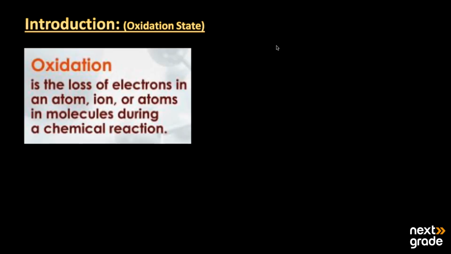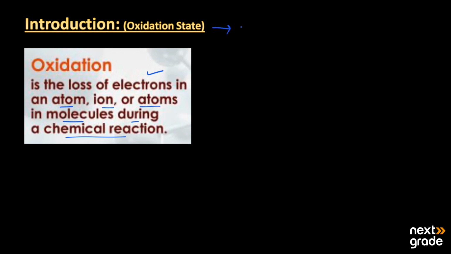The topic that we are going to discuss today is the oxidation state. By definition, oxidation is the loss of electrons in an atom, ion, or atoms in the molecules during a chemical reaction. This is basically known as oxidation, and the oxidation state is